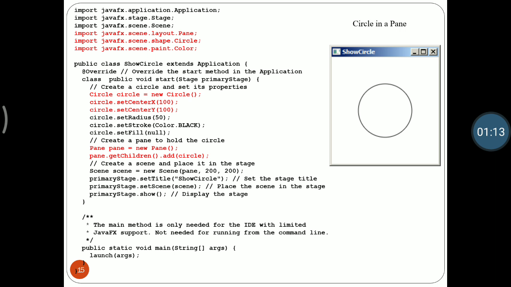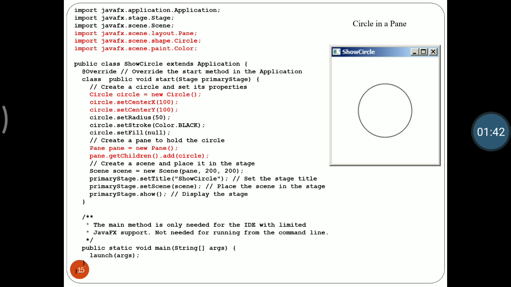This will create our circle. setCenterX and setCenterY will define the center of our circle. setRadius will define the size of the radius. setStroke will define the outer line of our circle and setFill defines whether our circle is filled or not.